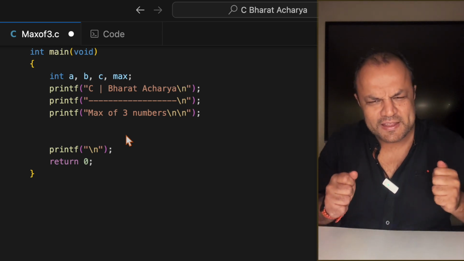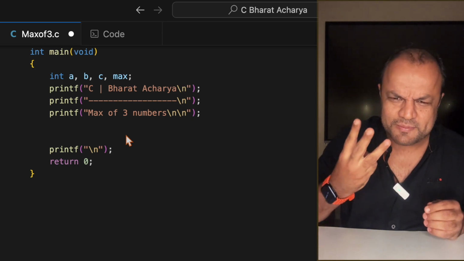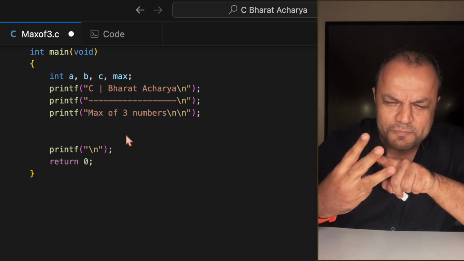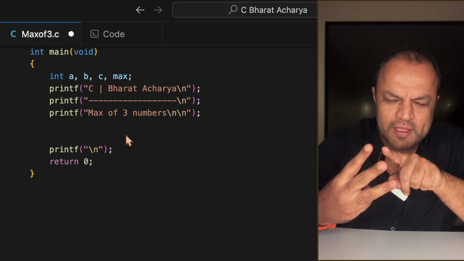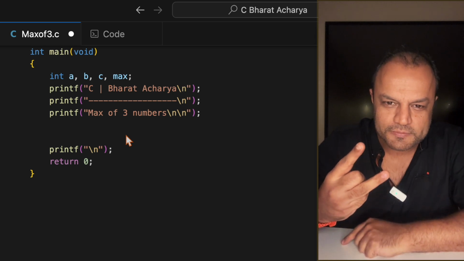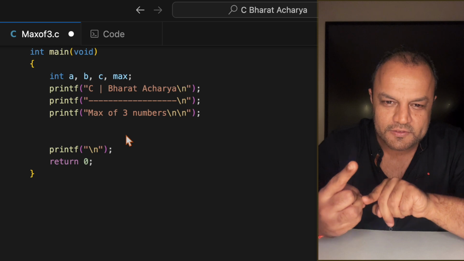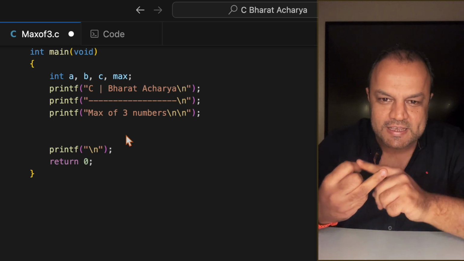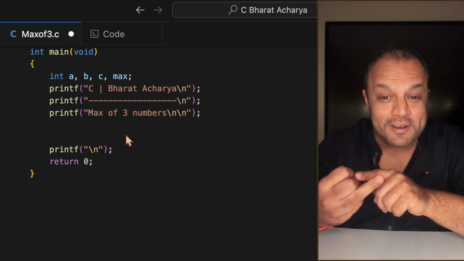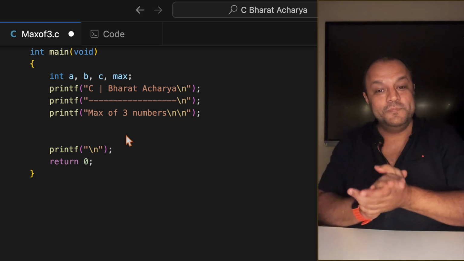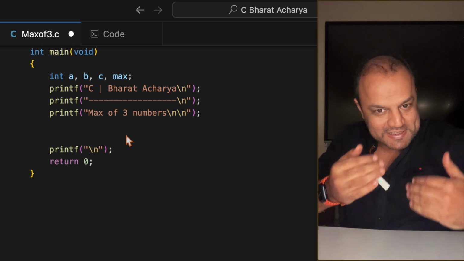Very simple. Once again, before I write the code for the last time: A, B, C. First, compete between A and B. If A beats B, B is out. Now, the competition is between A and C. If A beats C, C is also out, A is the max. Else, A is out, C is the max. B is not in the picture at all because A had beaten B. Are you all clear? So first show me this much, then we'll go to the second part.